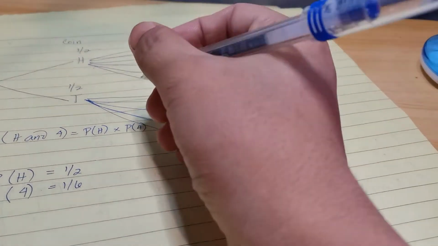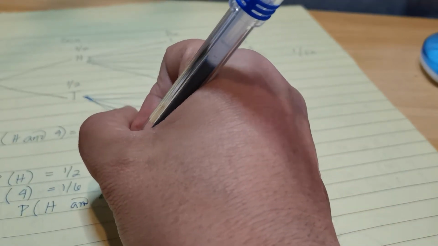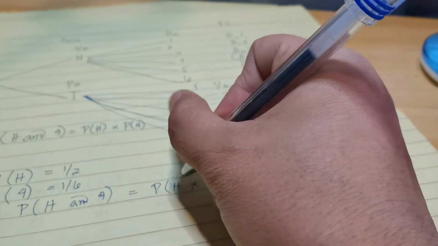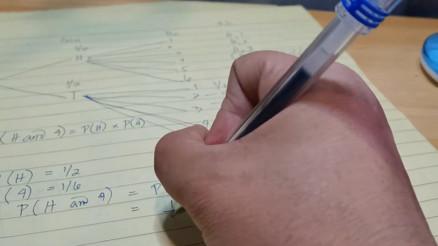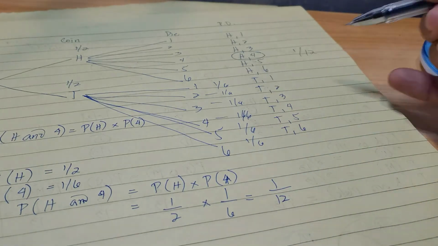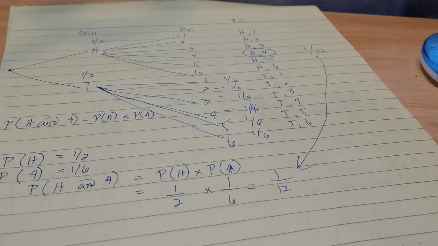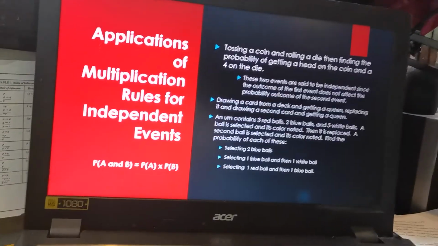Okay, 1 over 6. And then, sabi we are going to multiply. So, we are going to apply that. So, head and 4. So, P of H times the probability of getting a 4. So, we have 1/2 times 1 over 6, which is equal to 1 over 12. Okay? So, I hope that is clear. Let us have our second example. Our second example says,